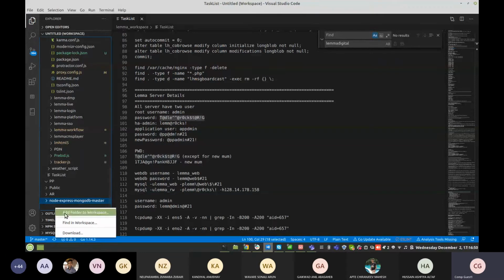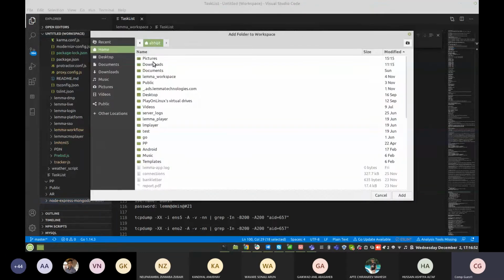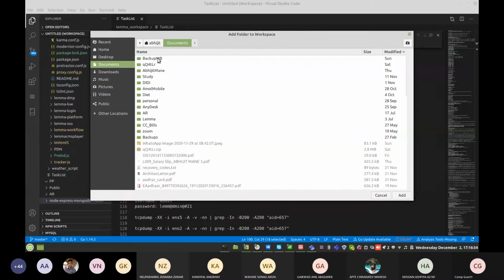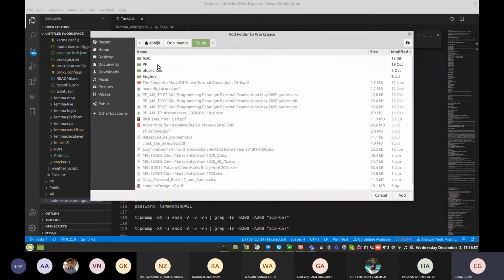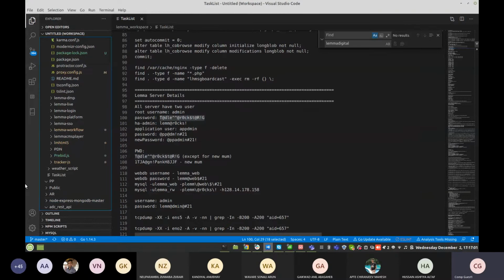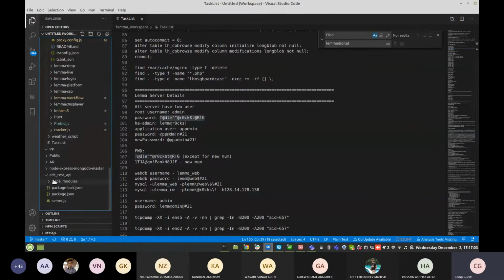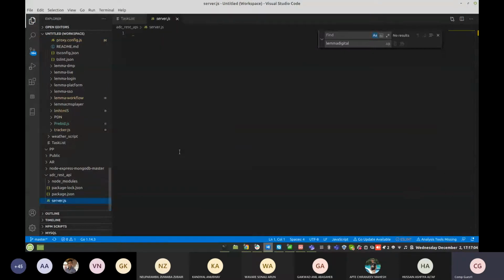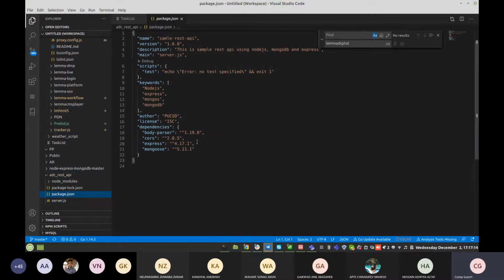I need to add our workspace into this editor. So here is my project directory that I have added, and all the files are shown here.